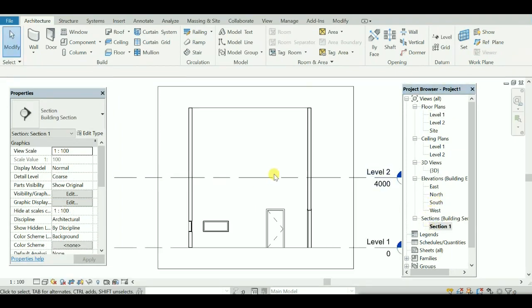We have the sectional view as well. And these are a few quick access toolbars, or this is the scale, you can see. These are a few shortcuts like the 3D text, undo, redo, print, measure, and dimensions.